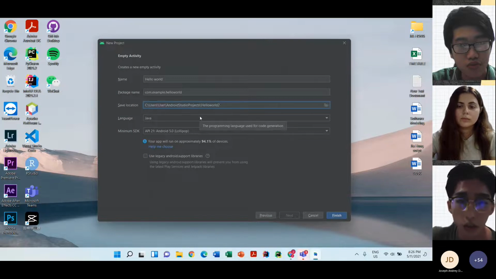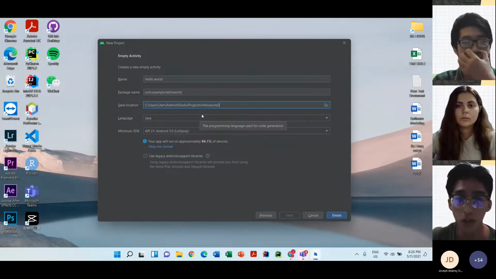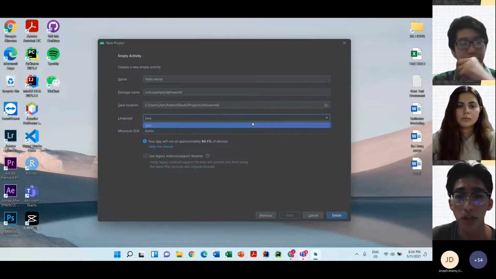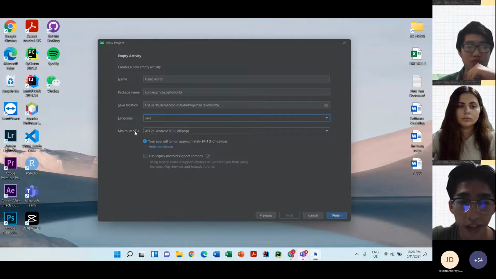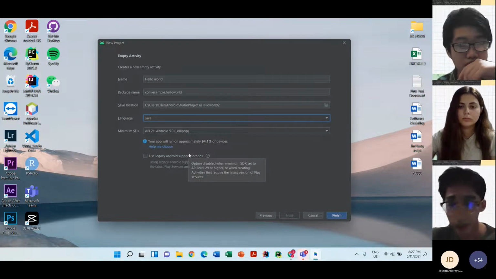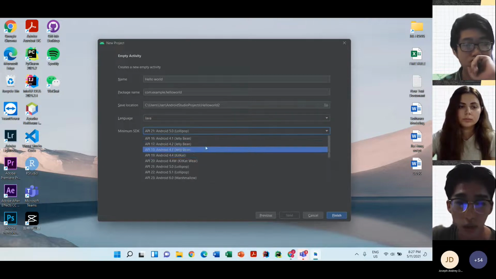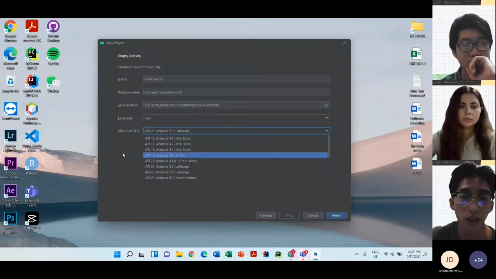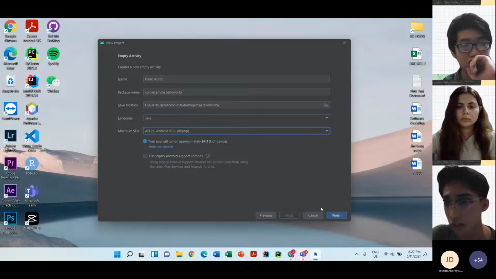So for the language, Android applications can be written in Java and Kotlin. In this workshop, we are going to stay with Java. So make sure that you choose Java for the language. Okay, so what is minimum SDK here? The minimum API level means how many older Android devices can install your applications. For example, when you click this, the oldest version for me is API 16, but I'll stay in default. Just click finish and your application will start to build.